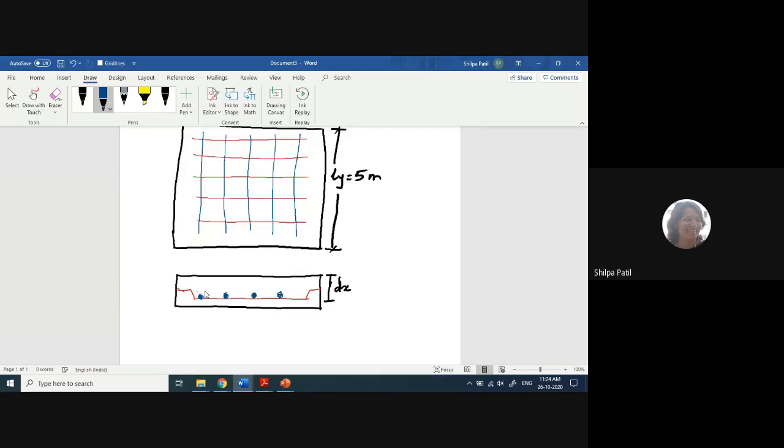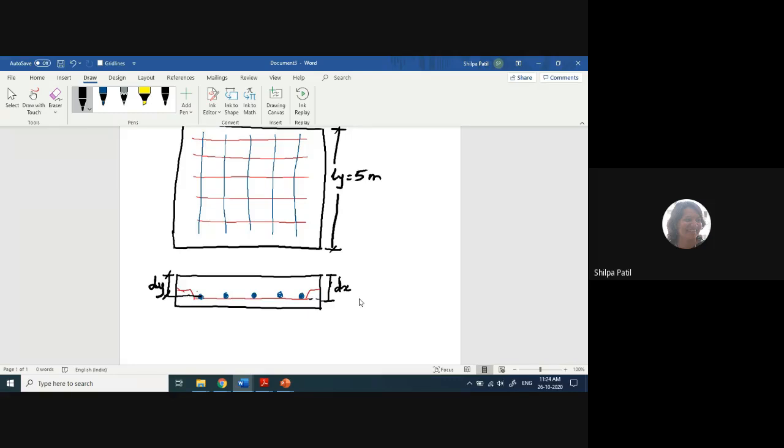Okay, now when I want to find out dx, it will be calculated at the CG of this red color bar. Okay, this is my dx. And when I want to find out the depth along y direction by considering Ly, I am calculating dy at the CG of the reinforcement provided in y direction. Now we have provided the reinforcement in y direction with blue color.